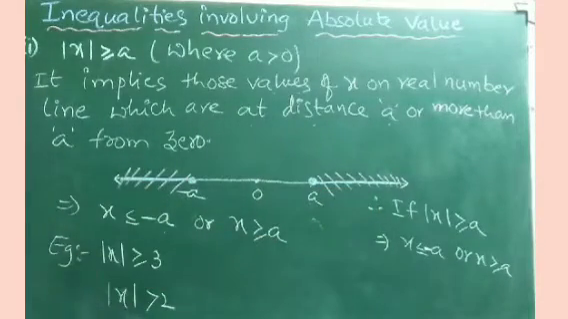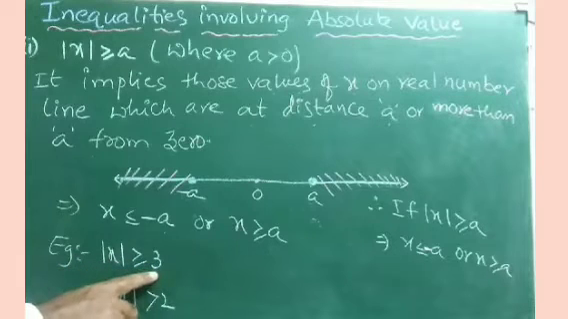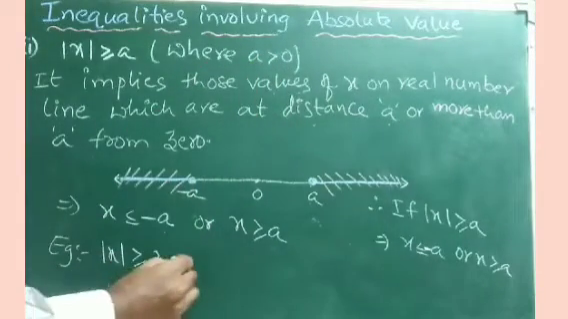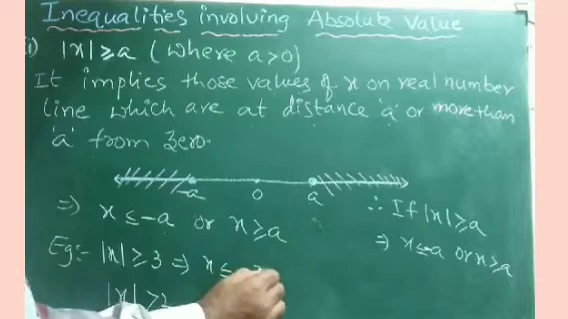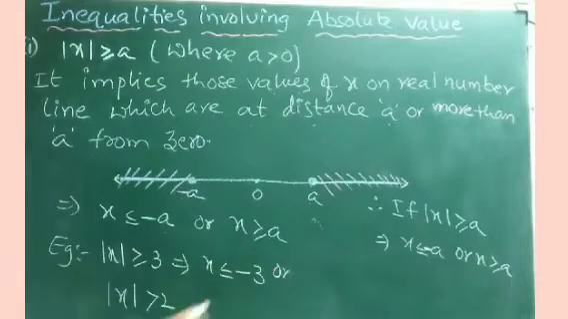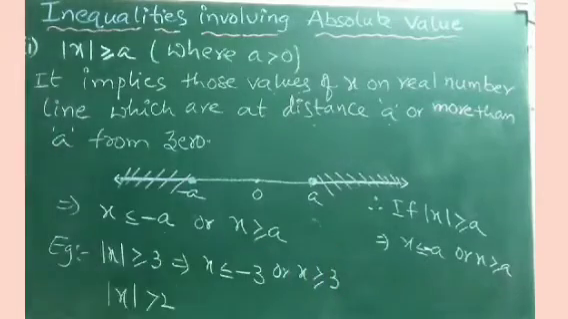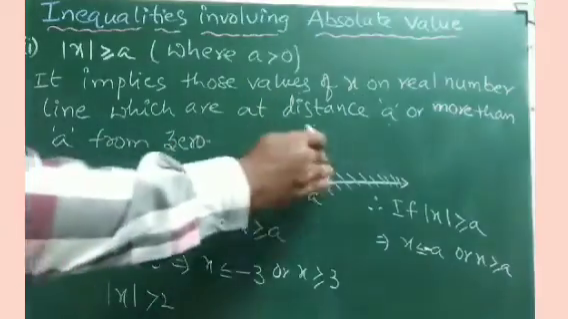For example, if modulus of x is greater than or equal to 3, just look at what is in the place of a, that is 3, which is positive, greater than 0, isn't it? Hence the solution can be x less than or equal to minus 3, or x greater than or equal to plus 3. This is the way: less than or equal to minus a and more than or equal